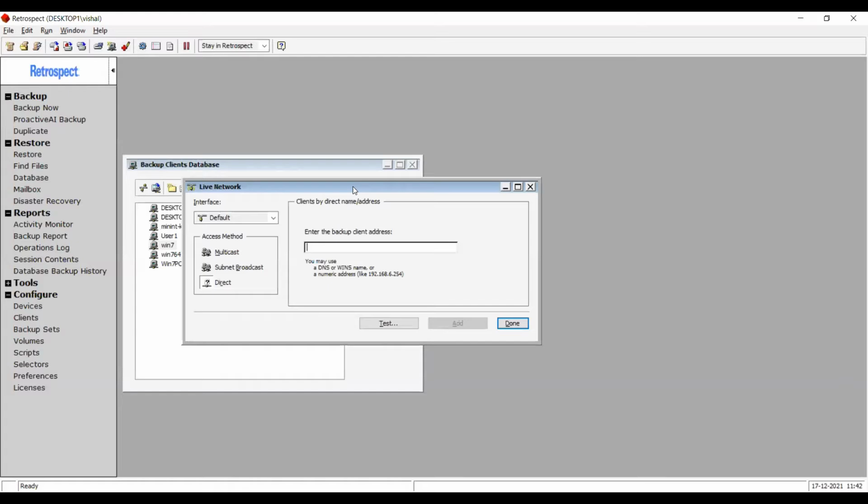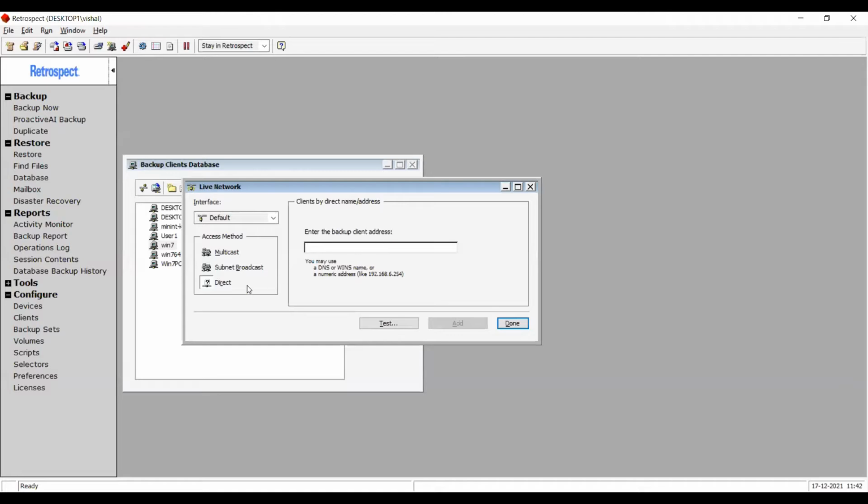Or if the same IP address is assigned to a different client, you might see 525 wrong client found. So to avoid those issues, the simple thing is you can add such a client using the host name. Anytime the IP address of the host name changes, whenever RetroSec wants to connect to the client, it will first resolve the host name with DNS or the WINS name server, and so it will always know the latest IP of that client.